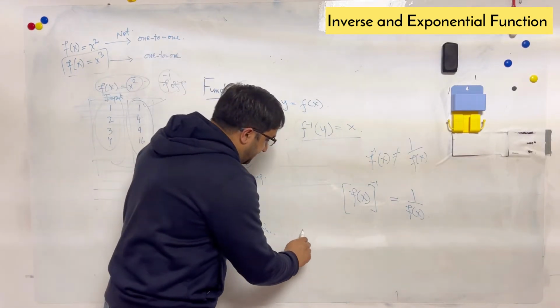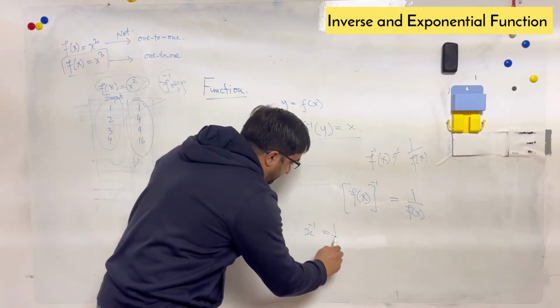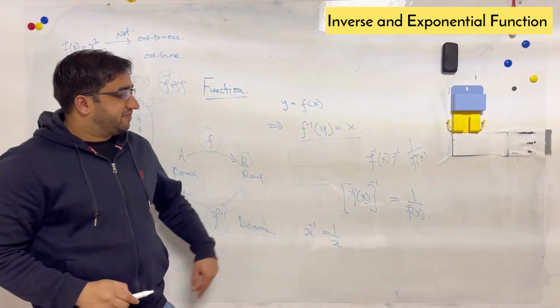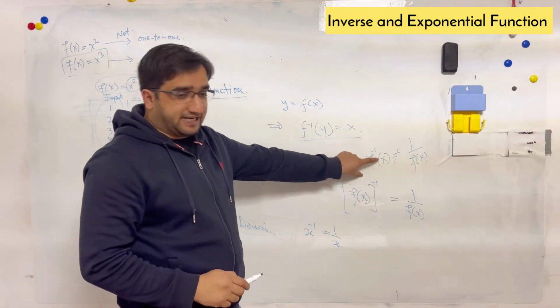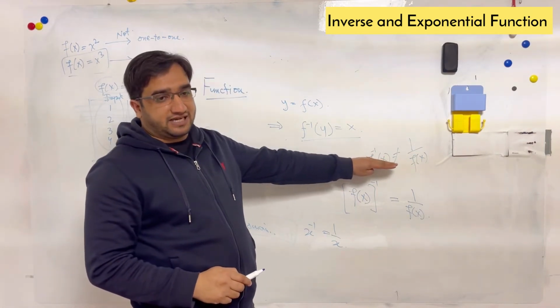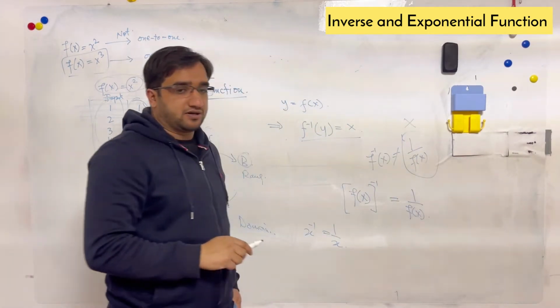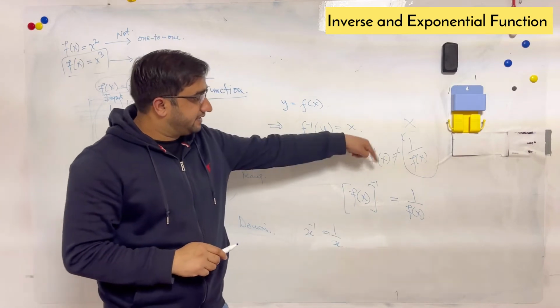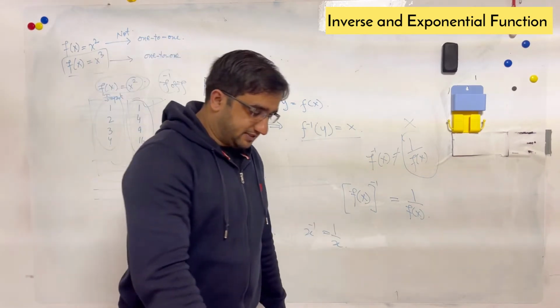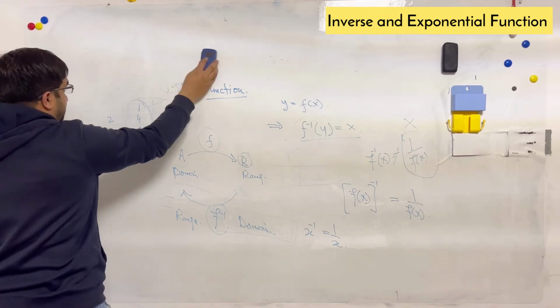For example, x raised to the power -1 is 1 over x. But when you write f inverse of x, it means you are applying the inverse function to x, and you cannot write it like that. No, this is wrong. So don't confuse these two things. If you have any questions,